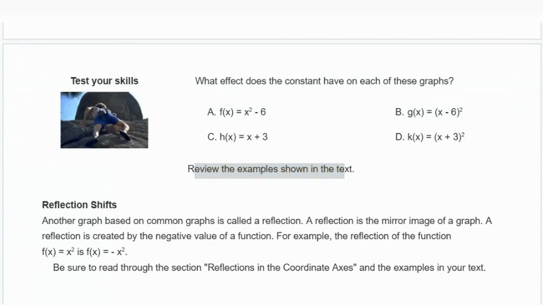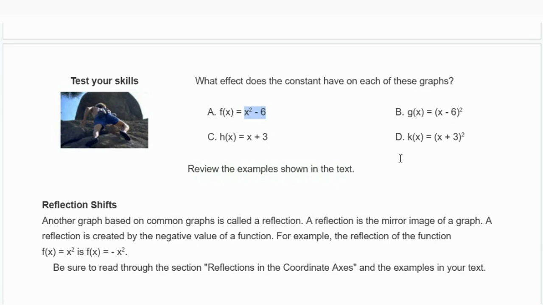So I'm going to open up the chat just to give us a chance to kind of get in here and dig into it a little bit, make sure we understand transformations. But if I have x squared minus 6, what is that minus 6 going to do to the graph of x squared? Alexander's on that immediately. Yes. Yeah, the minus 6 is just going to move it down 6. It's going to take the original graph of x squared, which goes through the origin, and it's going to move